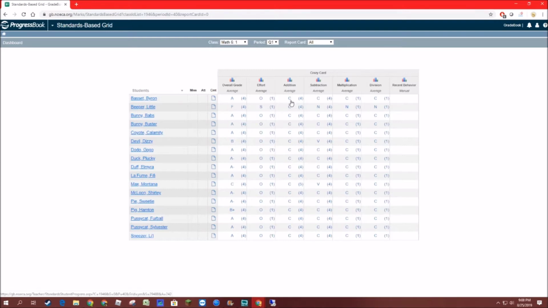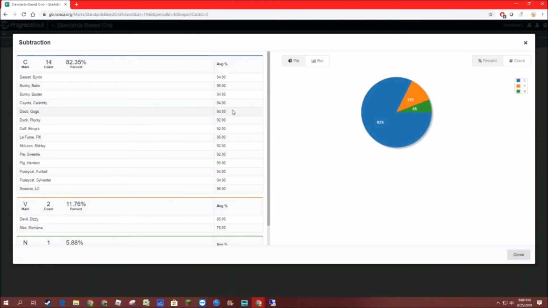You may call it M for mastery. I'm just calling it consistent. Variables, they get it all the time. Variables, sometimes they get it, sometimes they don't. And then not consistent is like, don't get this, don't understand it at all. So if we go ahead and look at subtraction here, go ahead and click on there,